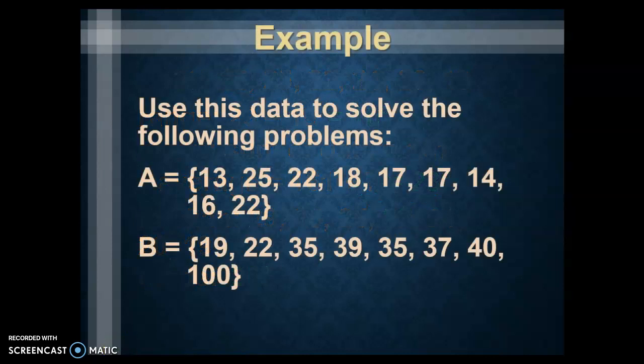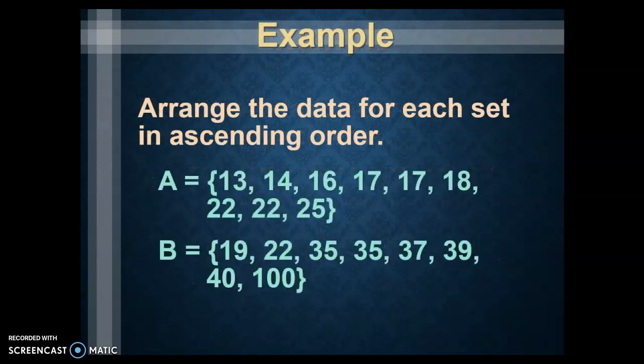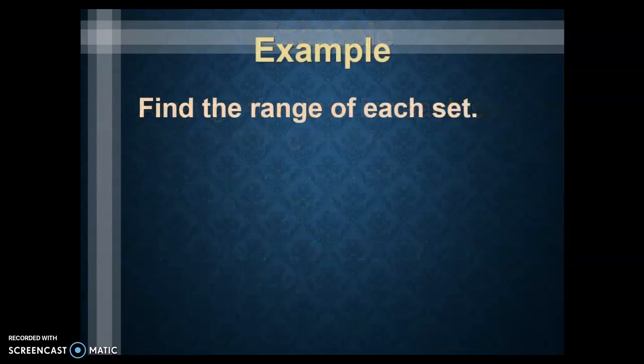I went backwards there. All right, let's take a look at this example. We're going to use this data to solve the following problems here. We've got this set A and set B, two different sets of numbers, and we want to arrange the data for each set in ascending order. So least to greatest, there we go, and it's done. After we have those two